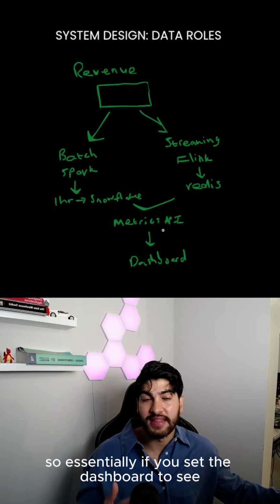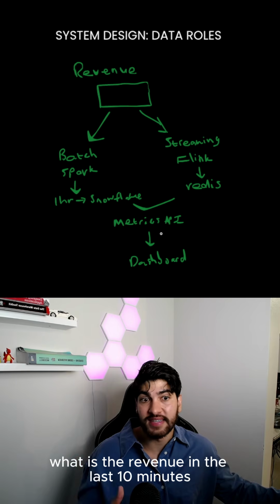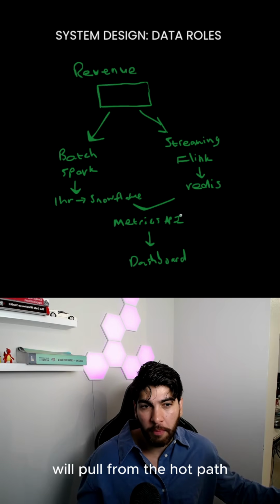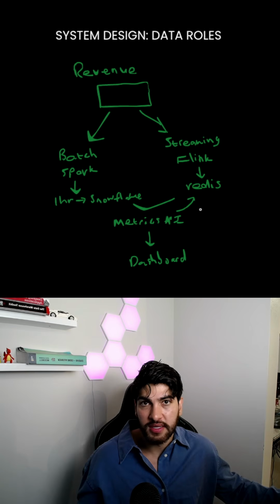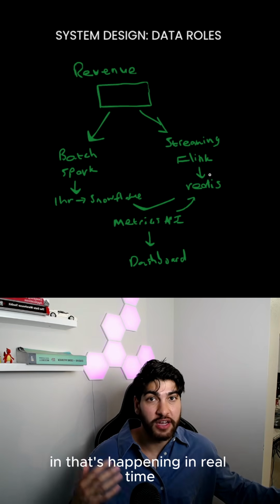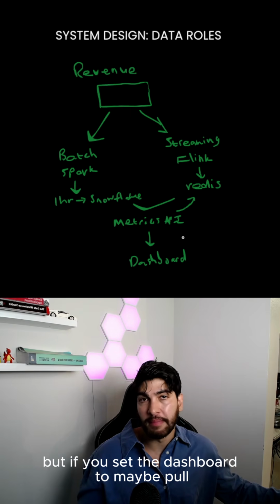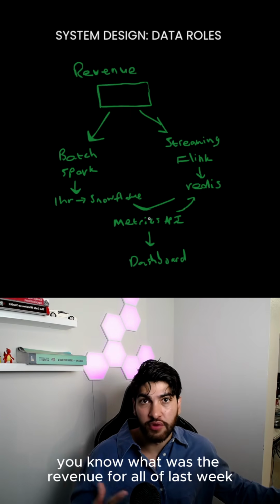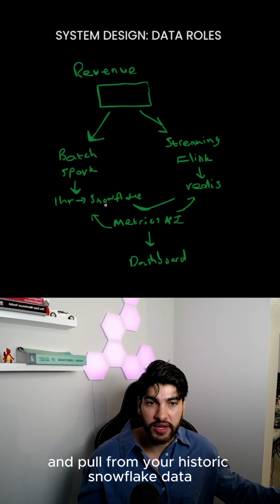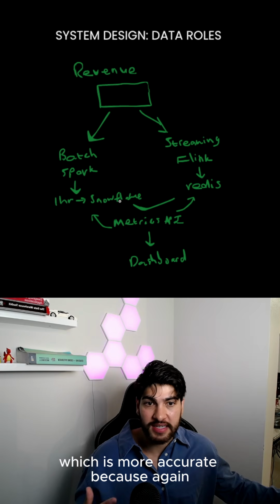So essentially, if you set the dashboard to see what is the revenue in the last 10 minutes, what will happen is this metrics API will pull from the hot path, which is Redis, because Redis is pretty much getting all of the streaming data in that's happening in real time. But if you set the dashboard to maybe pull what was the revenue for all of last week, then this will use the cold path and pull from your historic Snowflake data, which is more accurate because, again, this part